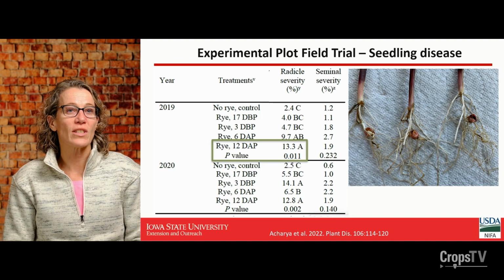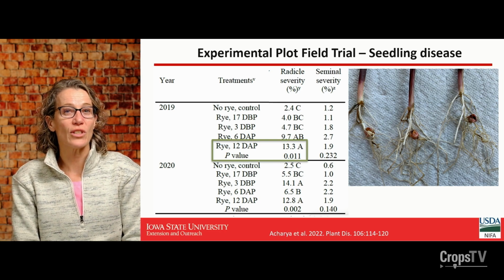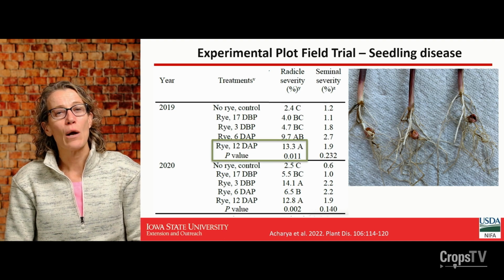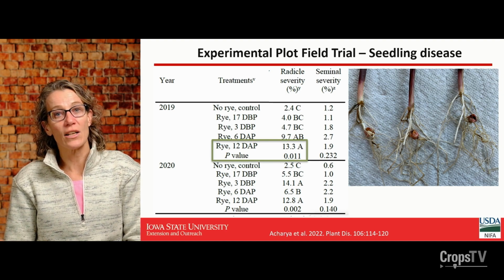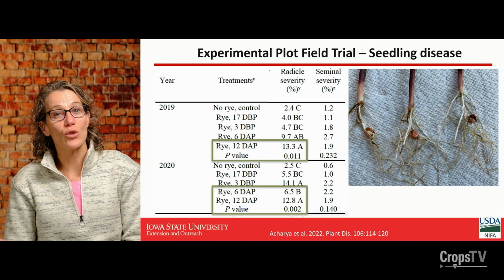And so what you'll see in 2019 is that we had the most radicle severity there, no difference in seminal severity. But also just note there that we have more radicle disease whenever rye is planted. But at 12 days after planting, that's when we had the most disease. And then in 2020,